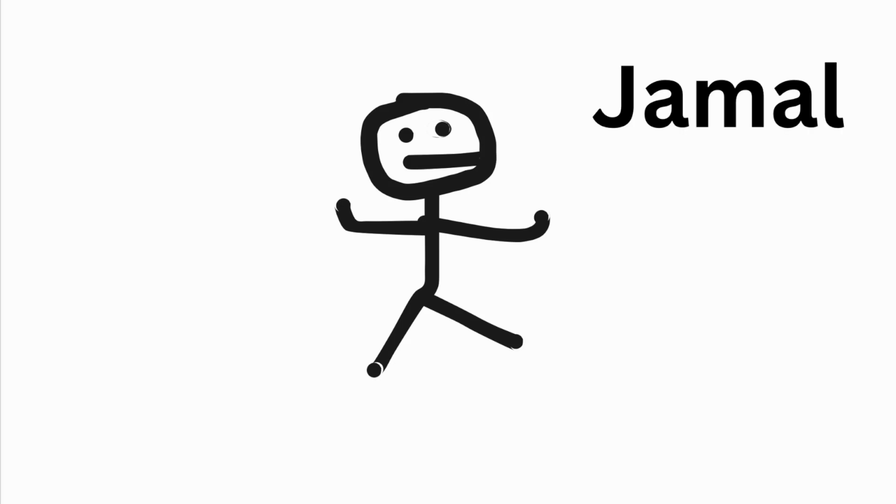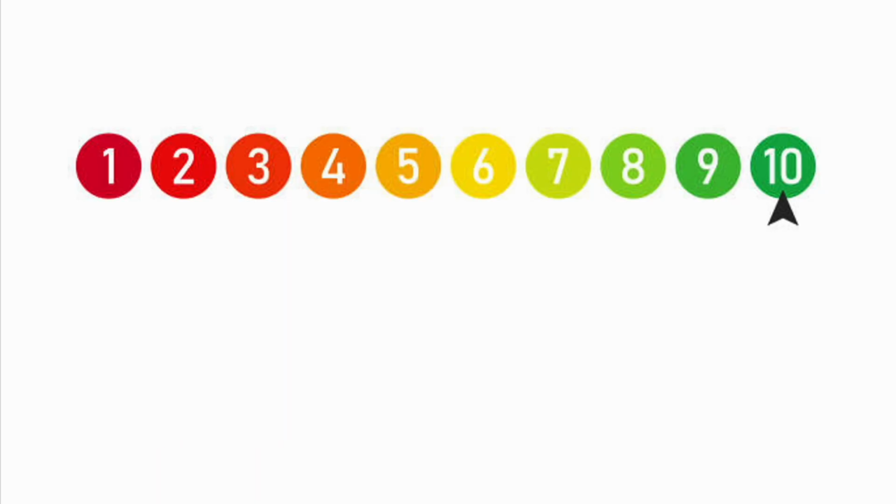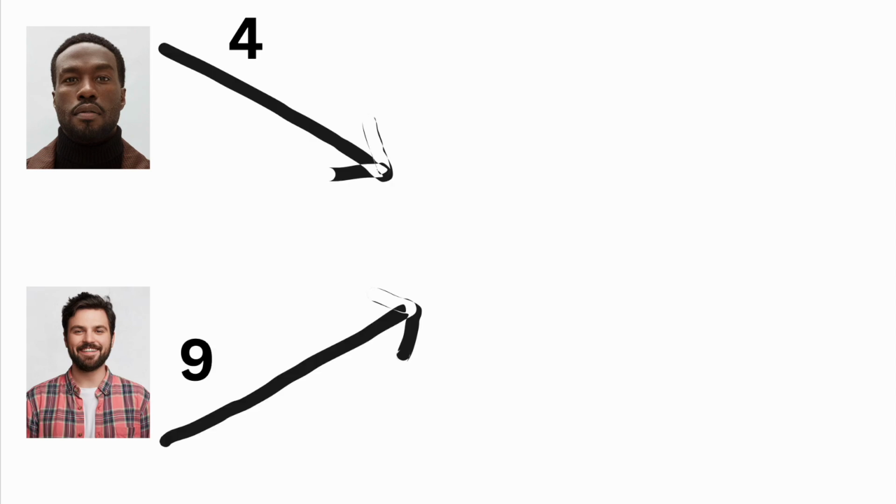This is your friend Jamal, and you're thinking of inviting him to your party. Now, you ask your friends to give a ranking from 1 to 10 of whether or not you should invite him, 1 being absolutely no, and 10 being heck yeah. Now, you take both of your friends and their rankings, but here's the thing, this guy has a track record